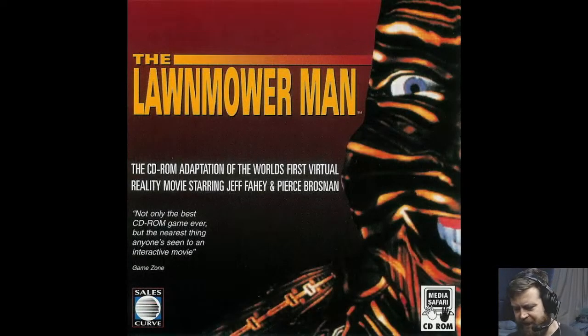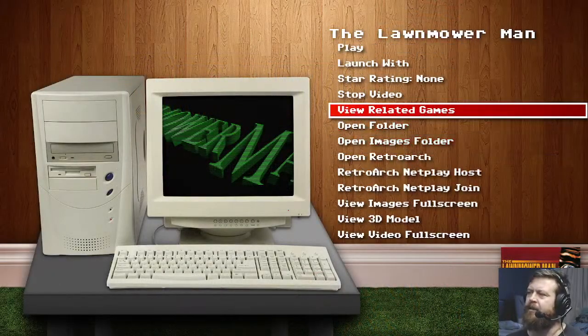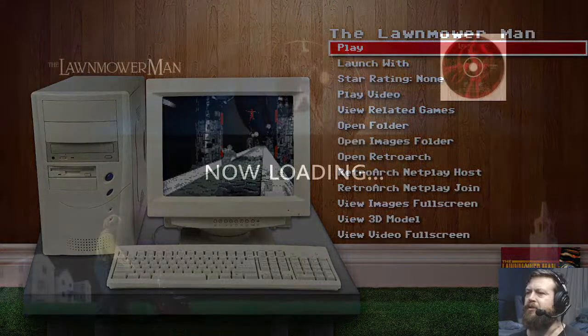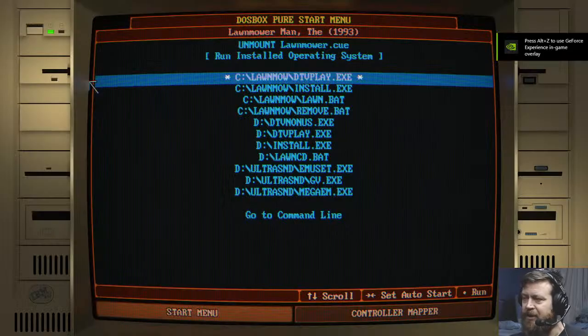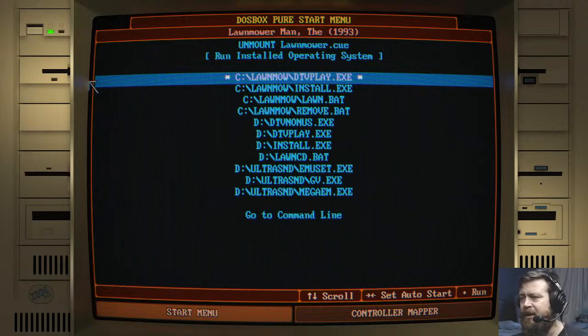Lawnmower Man's in your mind now. There's an awful lot of stupid stuff in it that goes into the suspend-your-disbelief pile. But once you get past that, it's a fun movie. I like it, I think it's good. If you can get past the idea that putting a virtual helmet on a guy with a mental disability is going to turn him into some kind of internet god.